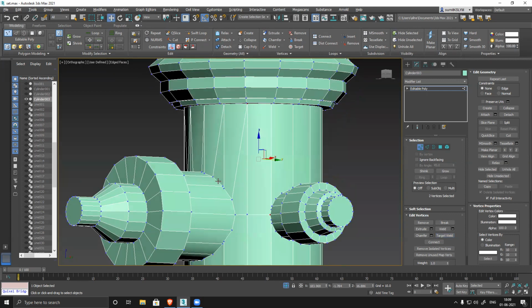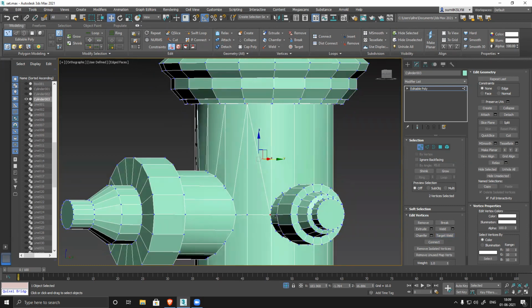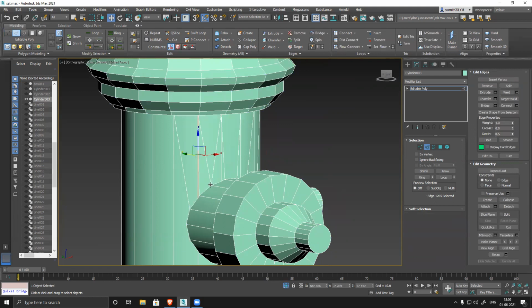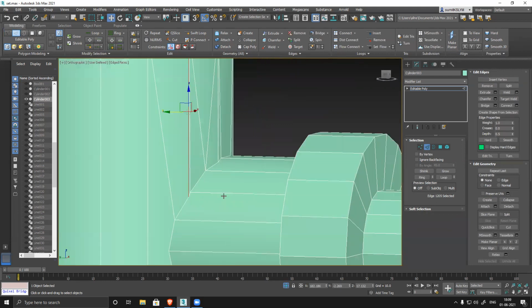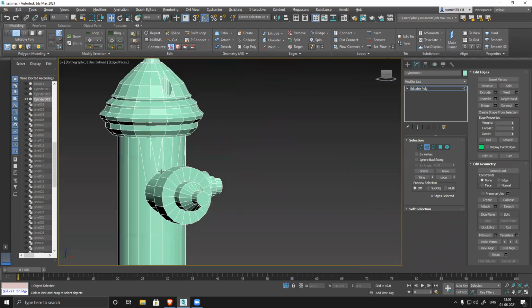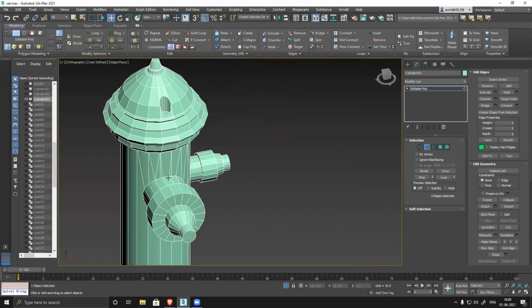So avoid very thin triangles. If you have a bigger triangle, it's easy to manage and it won't create any shadow. But if you have really thin triangles like this, it will create problems. So the best thing is, if I select this one and delete this one, see, it's still fine. Still it's perfectly fine, there's no issue.